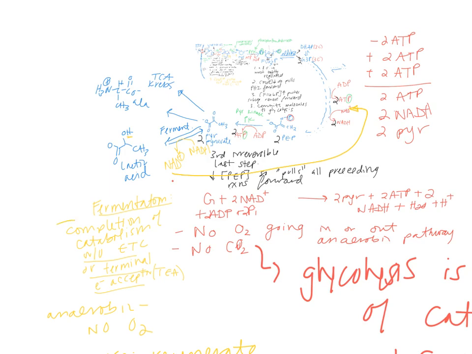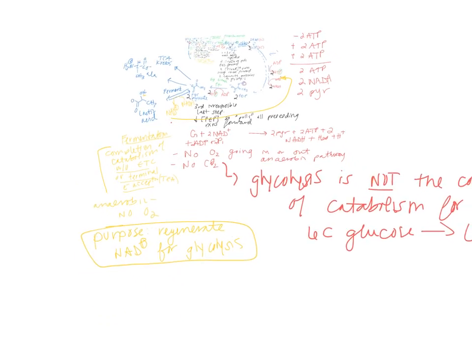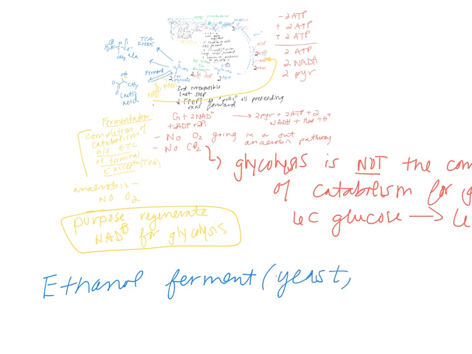So fermentation, the definition is completion of catabolism. It's anaerobic, so it doesn't use O2, and the purpose is to regenerate NAD+ for glycolysis. So eukaryotes, humans, we do lactic acid fermentation. There is another flavor of fermentation, and this is the last thing, and that's ethanol fermentation. This is done by yeast, which are also eukaryotes, but they're single-celled, and some bacteria do ethanol fermentation,